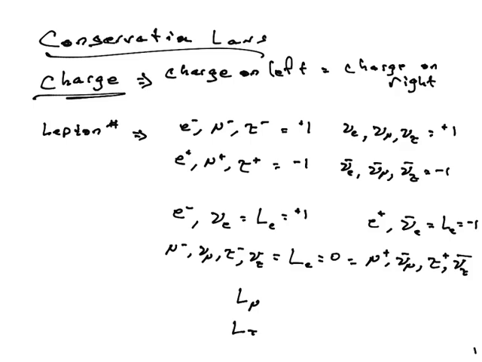You just count how many electrons are there. There's one electron, so it's +1 electron lepton number. On the right side, what do we have? How many electrons, or how many electron neutrinos? Okay, so there's the total